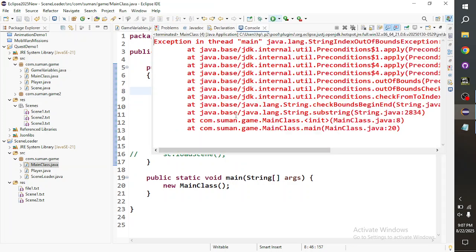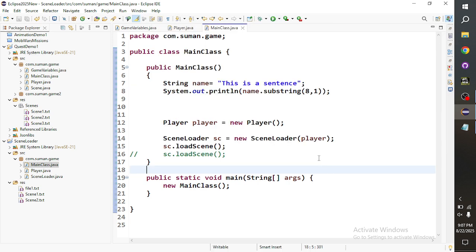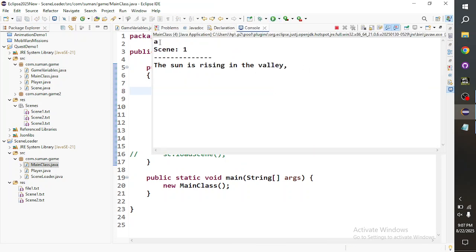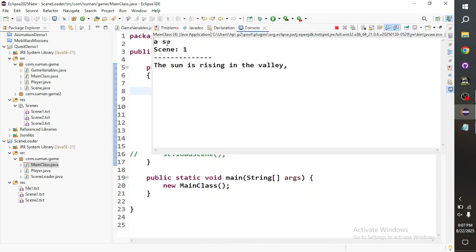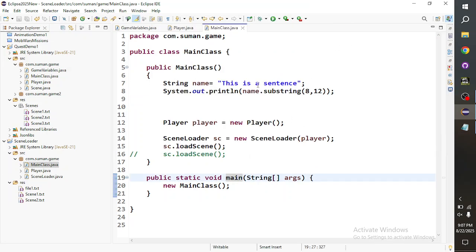Now I will get 9. Yeah, only after that is A, right? So if I want only 1 character after that, I'll give 9. If I want, for example, 4 characters after that, then 8 plus 4 is 12. So A space SE. If I say I want all the name from here to here,